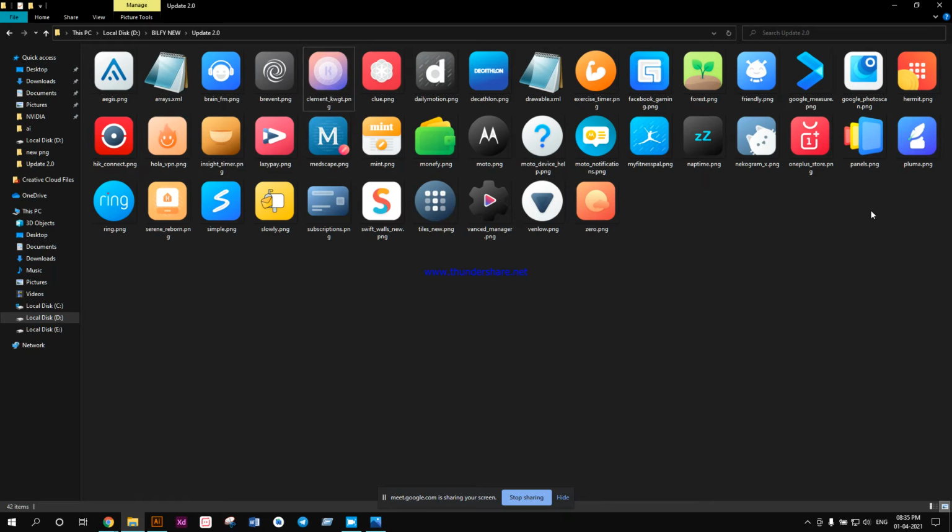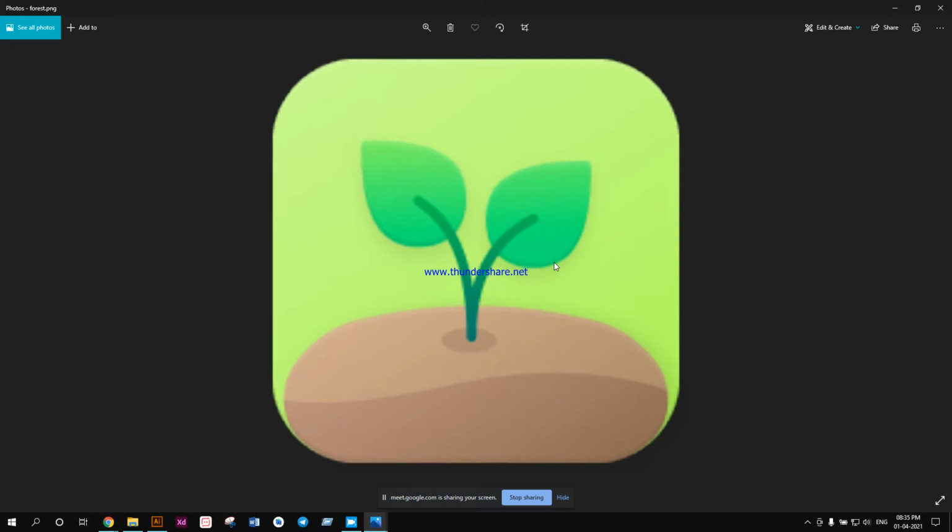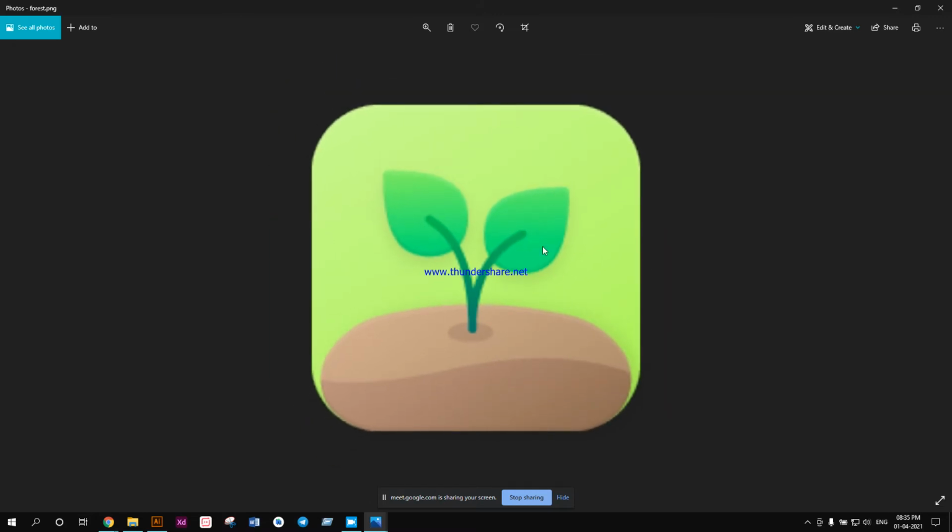Let's check which icon is close to this, the forest icon. On the leaves, you see at the bottom part there is a dark outline. This leaf is light greenish, and this one is a dark green edge part, because I gave it an edge property.